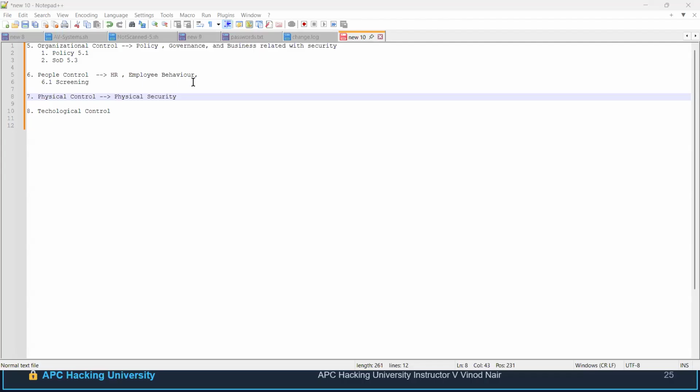Okay. Got it. Even if a critical device is not handled properly, that is also a vulnerability. It is also an observation or a non-conformity. That comes under 7.8. It is called equipment siting and protection. That is why understanding ISO 27001 is very important for you as basic knowledge. Okay. Sure. In parallel, I will just try to go through it as well.